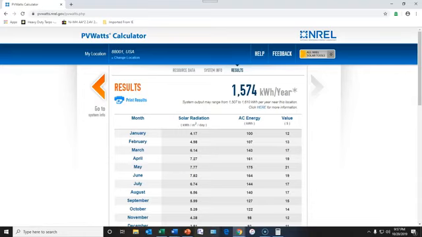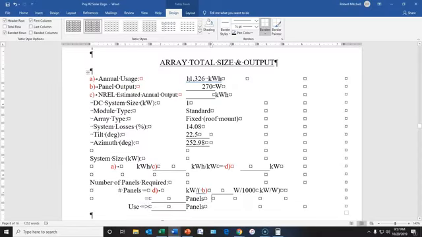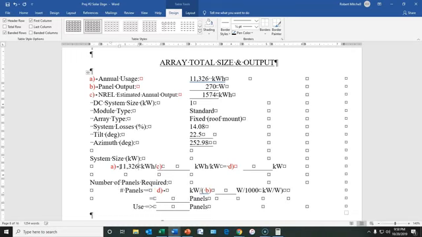So now that we know 1574, let's go back to our report. We said the panel is 270, and the NREL estimated for our 1 watt system came out to be 1,574 kilowatt hours. We come down and we put A to, notice it's A, B, C. Well, A is 11,326 kilowatt hours, and we're dividing it by C, which is 1,574 kilowatt hours. That's our NREL calculation. When you run that division, you come out with 7.20